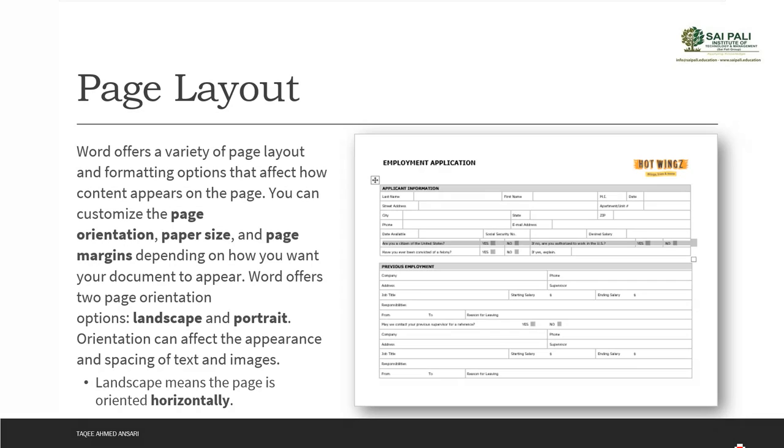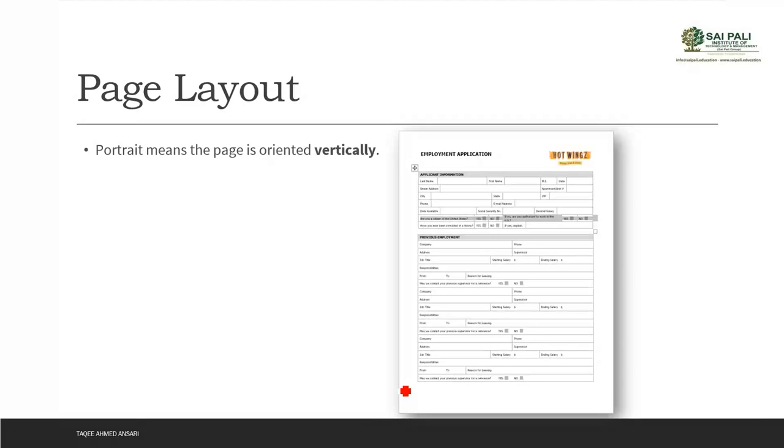Now first, Word offers two orientation options: landscape and portrait. Landscape is the horizontal way. If you can see the paper here in the image, it is placed horizontally, and that is called landscape. Portrait orientation shows vertical, so it looks like your document goes vertically. You can see it's a vertical way,